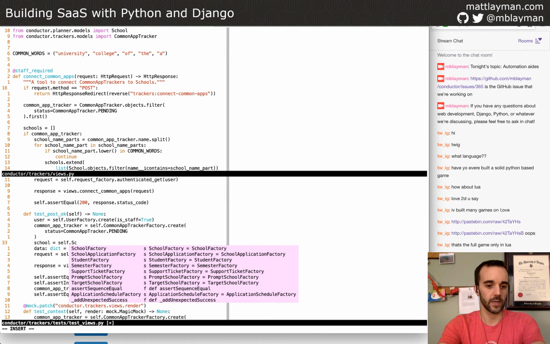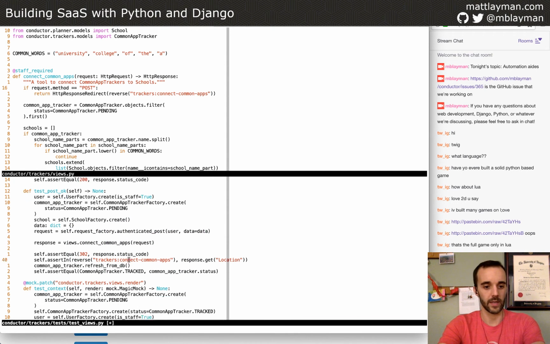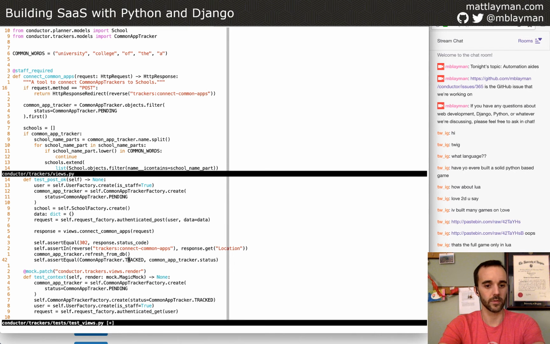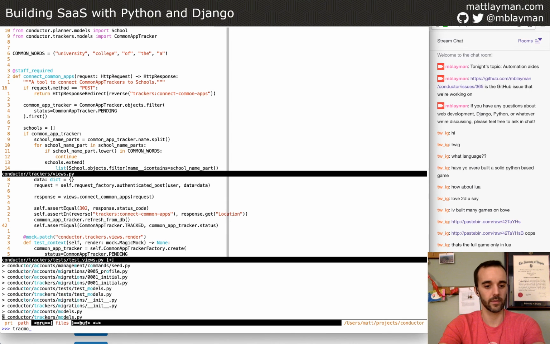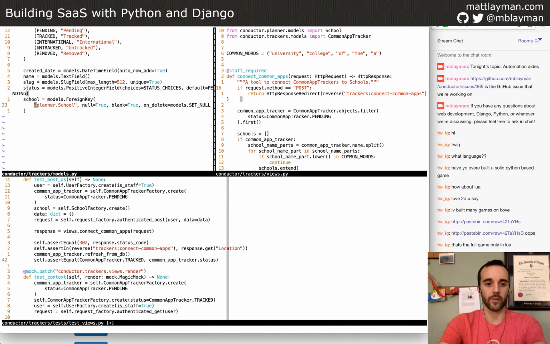So we're going to need a sample school to work with, and we want the Common App Tracker model. I'll take a second to look at that. It has as one of its parameters a foreign key to a school. That's the value that this whole tool is going to be adding, is it's going to be making the connections.